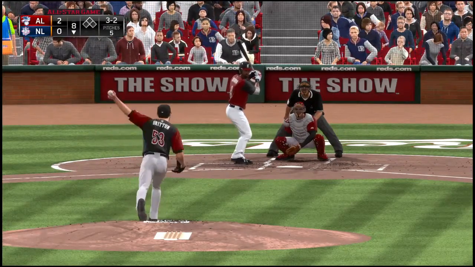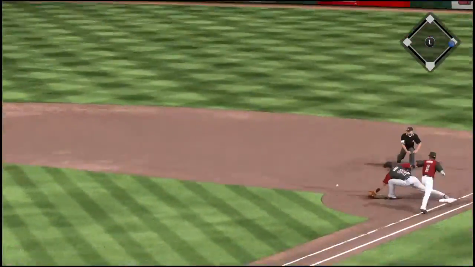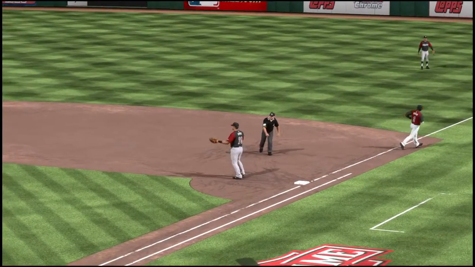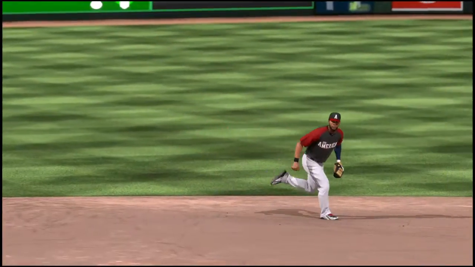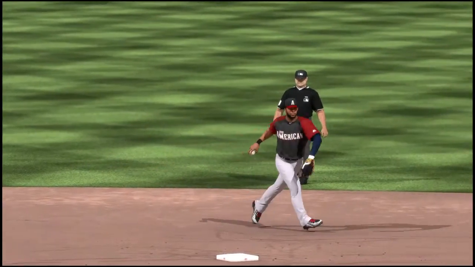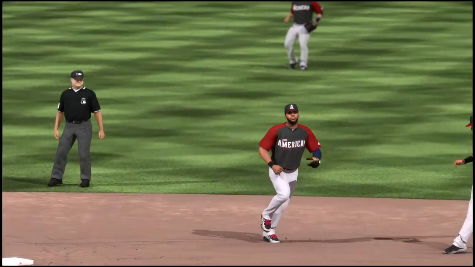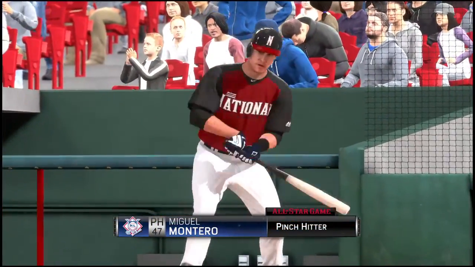Here's the full count offering. Now a ball hit back up the middle. And the throw here is in time. Very nicely done there at short for the first out. Boy, this is just a nice play right here, ranging up the middle. You can see that he doesn't try to rush things here. He just gathers it, steadies himself just for a brief second to square himself up, and then makes a good throw on target to get his man.